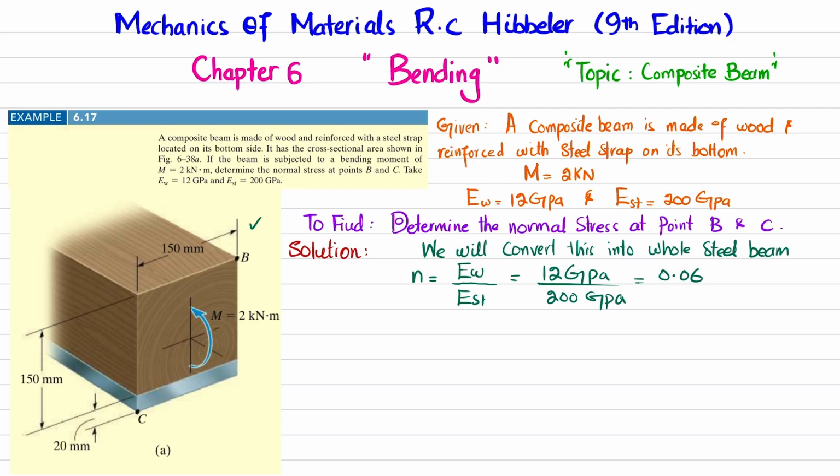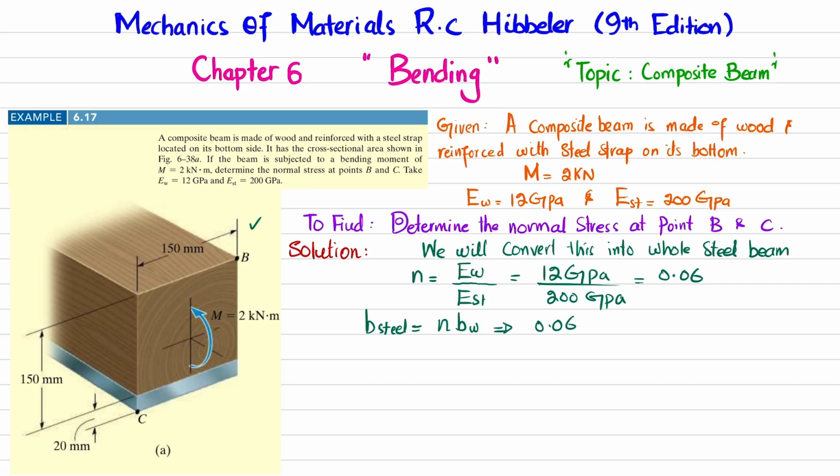Since steel has greater stiffness, that is why we take E of steel in the denominator, and in the numerator we have E of wood. The width of the wood will be reduced to an equivalent width for the steel. So we are not going to change the height of this wood beam, only the width of this wood beam will be reduced by a factor of 0.06. So I can write that the width of steel that replaces the wood will be equal to n times b of wood, so 0.06